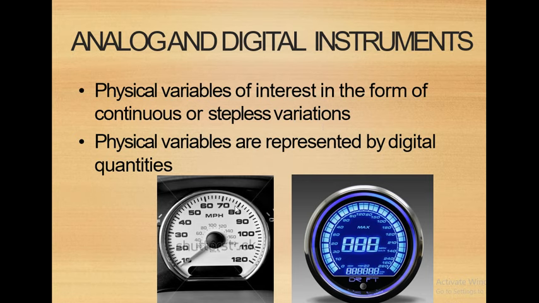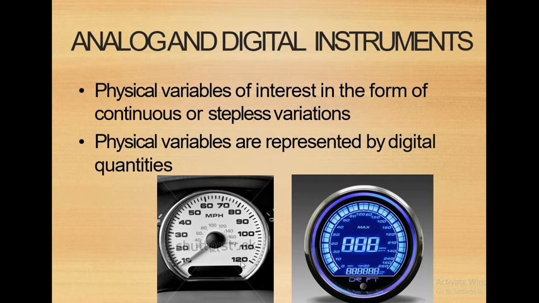If you see this analog one, there is an analog scale over there and some mechanical measurement is done. The example shown here is an analog speedometer and this is the digital speedometer. So this is an analog instrument, and this is the digital instrument. In an analog instrument, the physical quantity to be measured is connected here, and with the help of a physical arrangement inside, this deflection will move as per the speed of the bike.